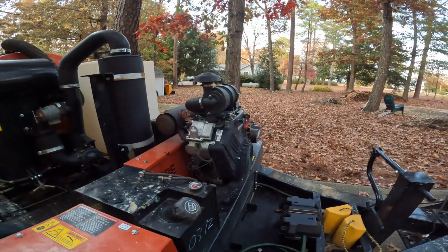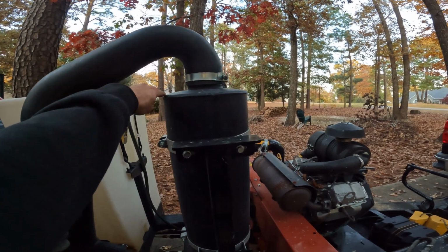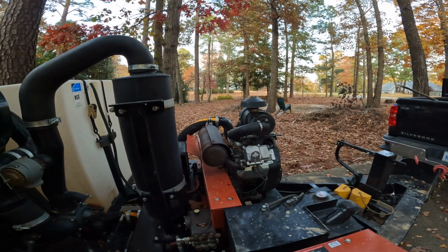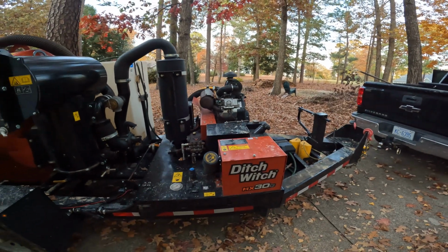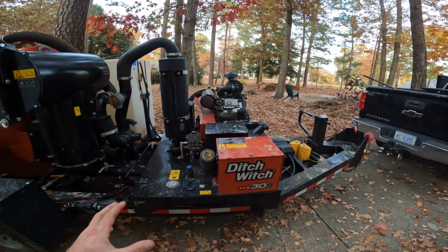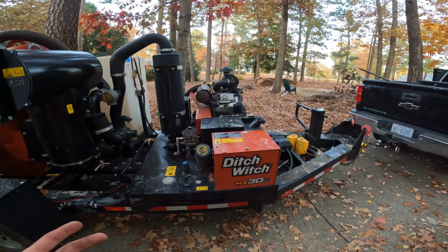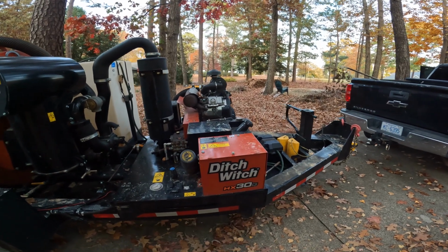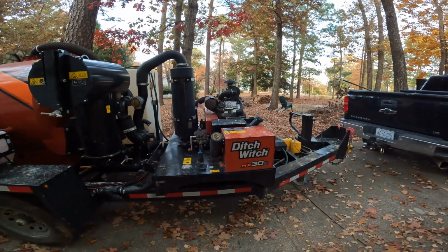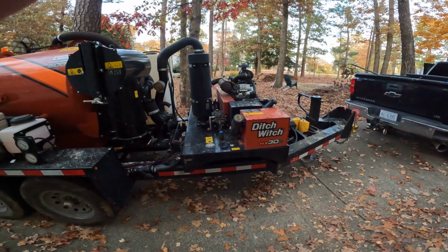But it would be easy enough to extend that air intake up outside of the box itself. The box will just kind of have to come up to this level right here, so this hose will come out of the top as well, and we'll just have to relocate the muffler. But I'm thinking that'll give me some more room for some of these electrical projects I've been taking on this thing. I'll have a lot more options as far as mounting, and hopefully it will cut down on the noise a little bit, even though we're gonna have to leave the front section open for airflow to the motor. But that's one of the ideas I'm cooking up on now. I'm hoping it won't be too expensive, but yeah, I think that would be something super cool